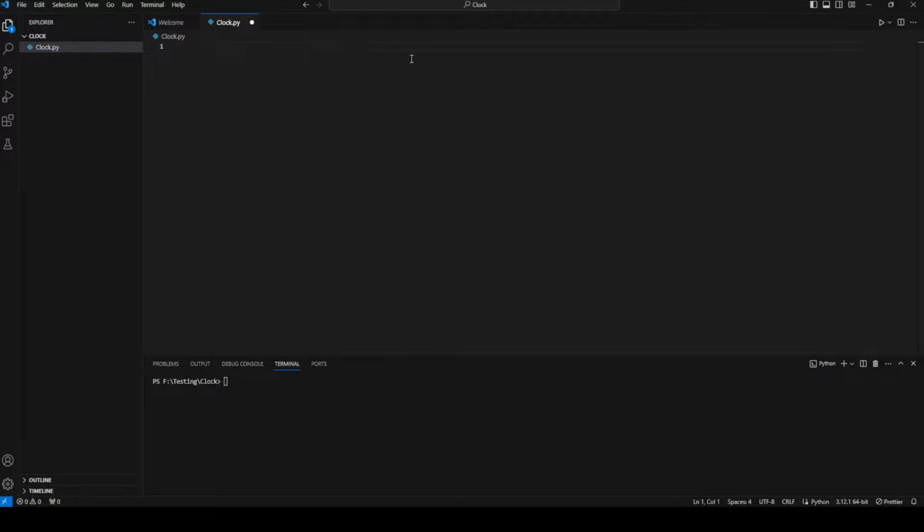In this video, we're going to create a simple clock, and we only need a few lines of code to make this. This is a very good project for someone who's beginning learning Python and Tkinter. So we're going to use Tkinter to create the GUI,